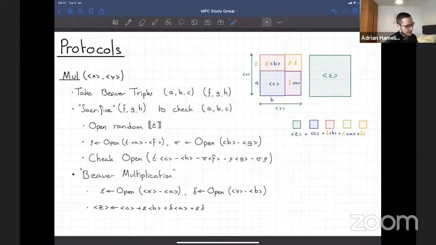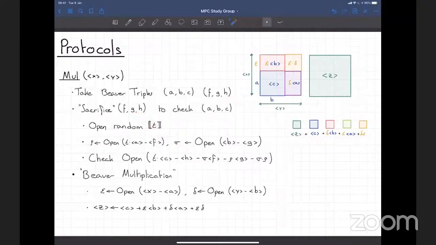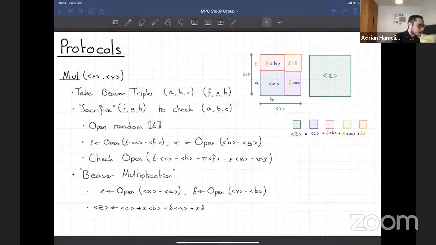Like I said, it's kind of like the Beaver technique where you're going to be revealing two values, rho and sigma. You're going to be opening this random double bracket T. When you're opening this, I mean that you're doing it securely, so you're sharing the MACs with everybody, and everybody can locally reconstruct T and verify that the tag accompanying it is correct.